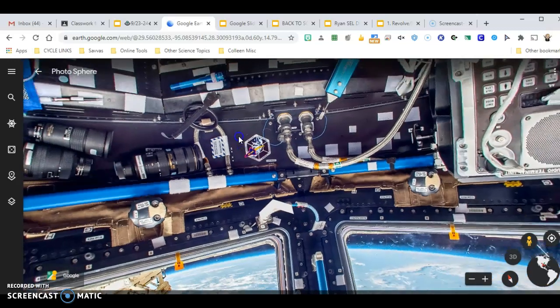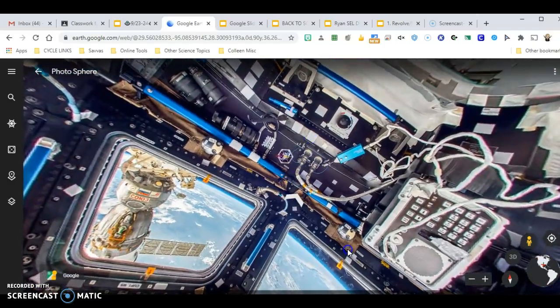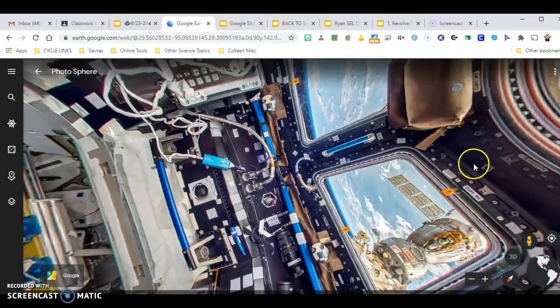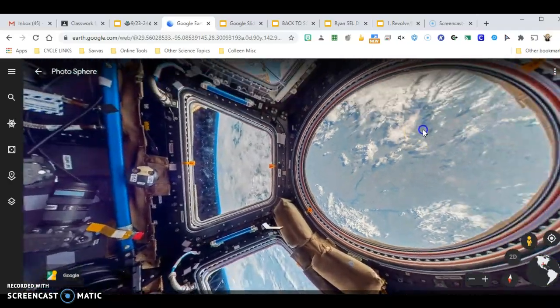But you could also look around and see what's going on inside of this module. What kind of machinery do they use? What do you see outside? If you were an astronaut, what might you be looking at